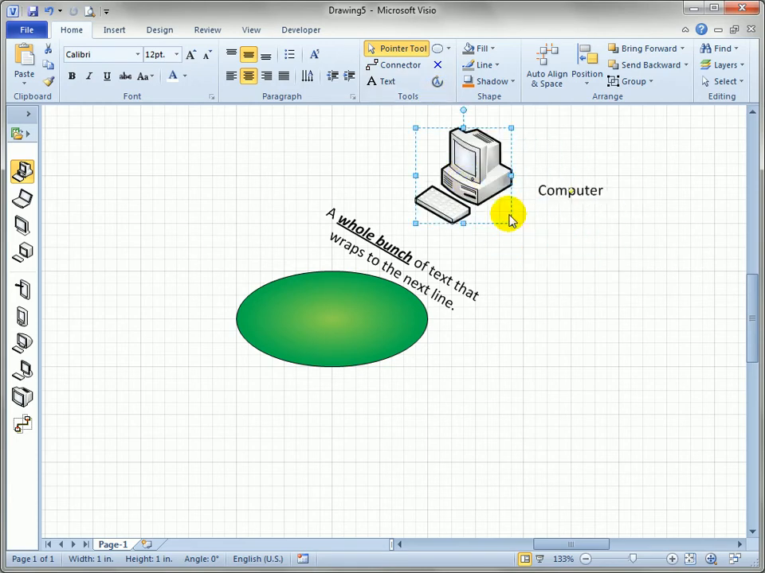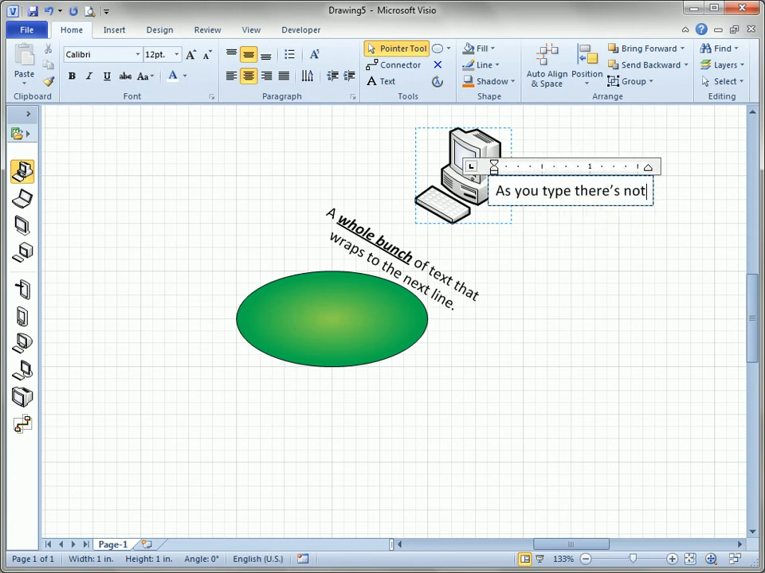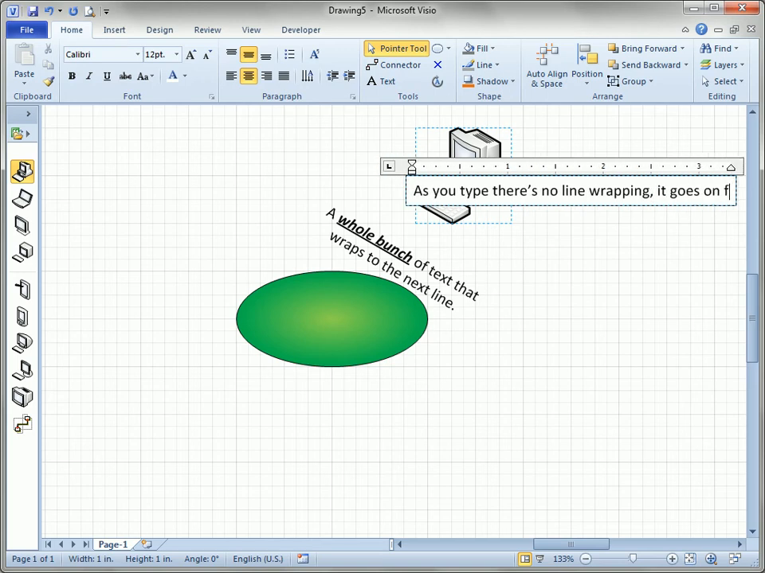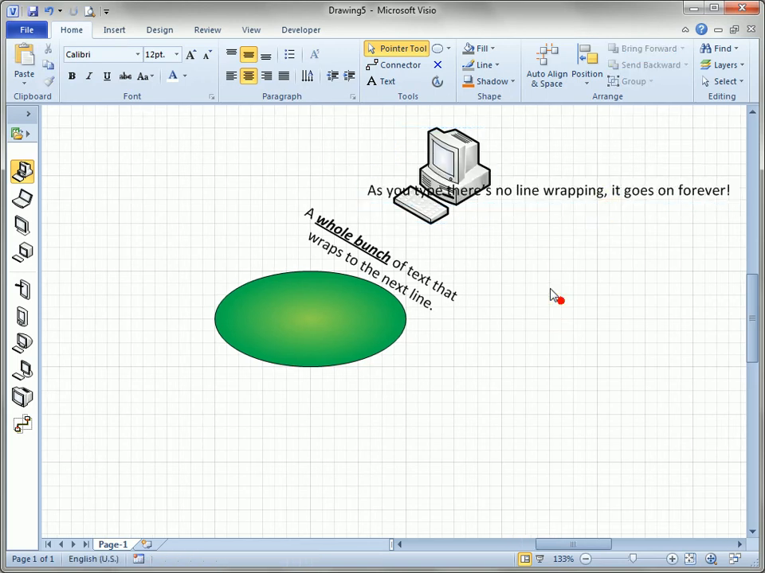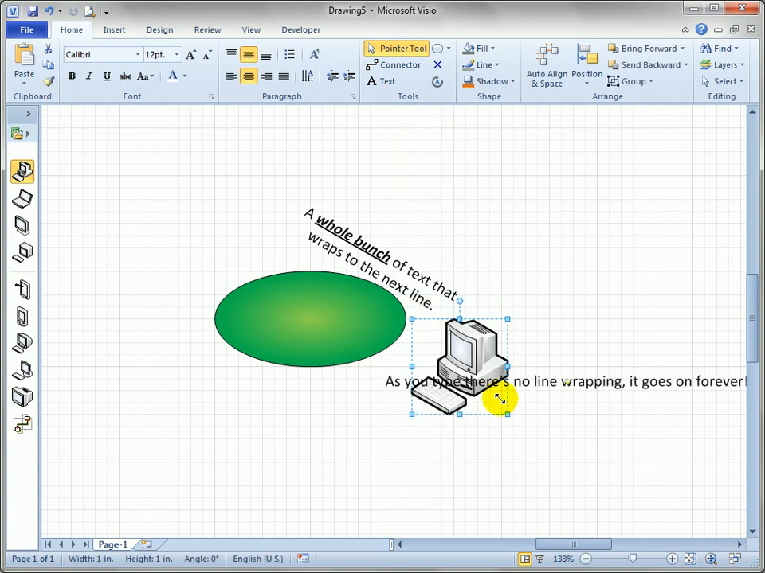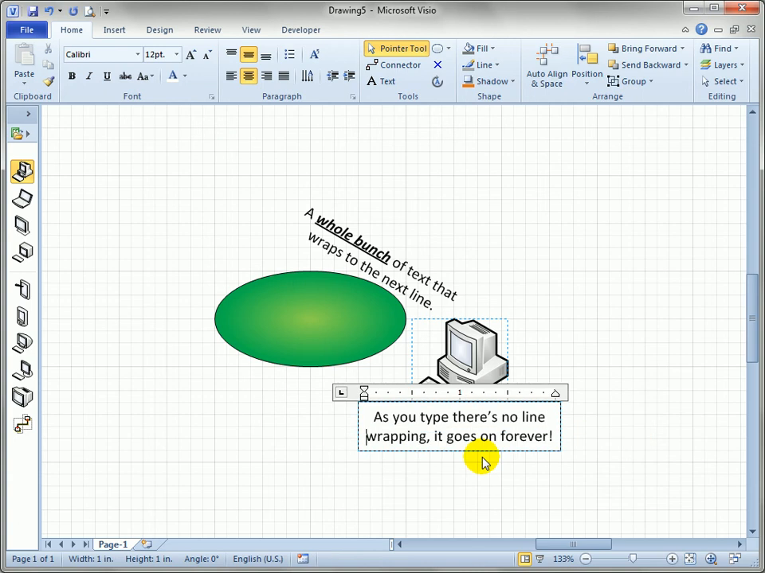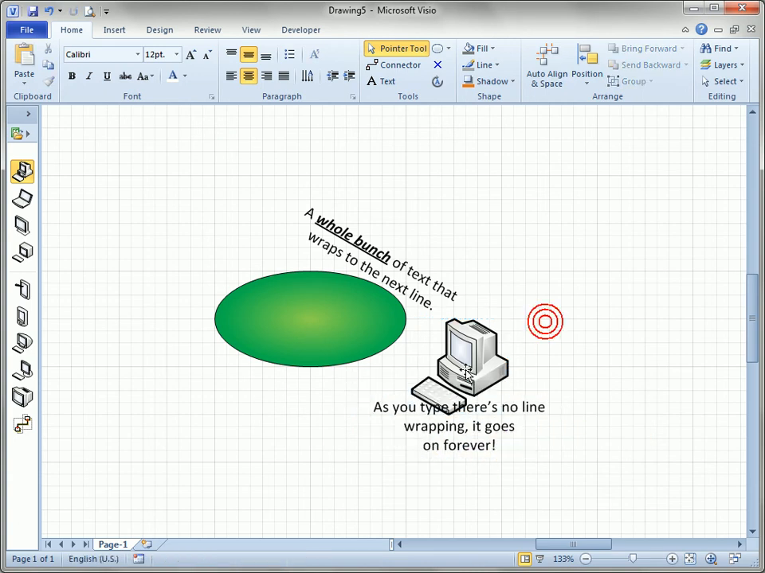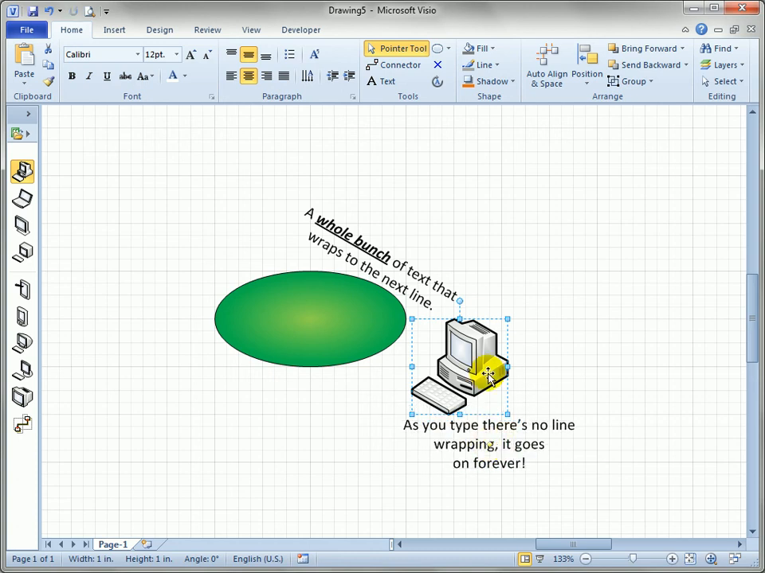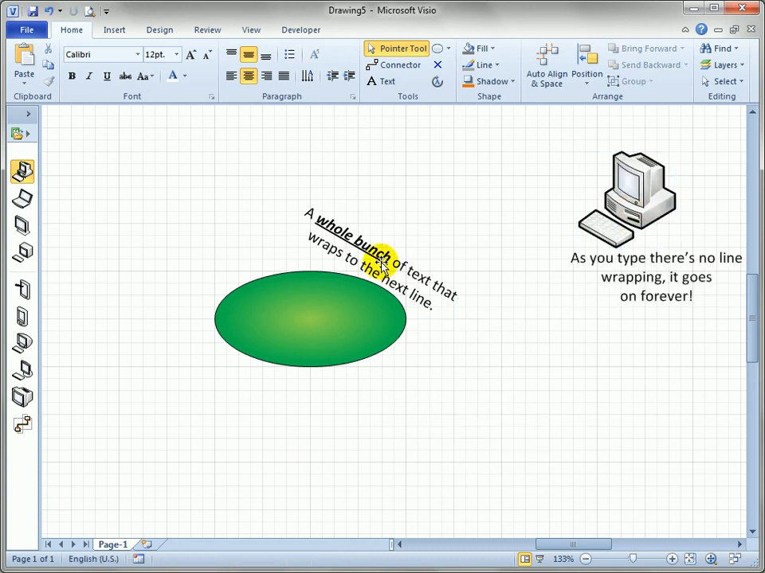The only thing to remember about these type of shapes is that as you type, there's no line wrapping. It goes on forever. So if you need multiple lines, let's put this shape down here so we can see it. If you need multiple lines of text, then you'll have to hit the return key wherever you want the text to break, and you might have to reposition the control handle once you've done that. Whereas this shape,